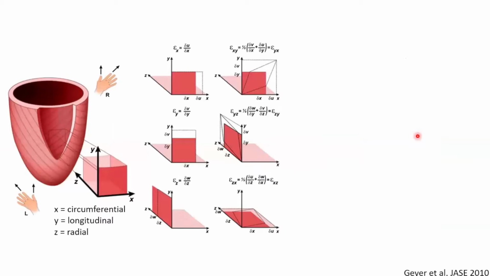Now, strain in the LV can occur on multiple planes, as I mentioned, in circumferential, longitudinal, and radial planes. And we can also describe it as both normal strain and something called shear strain. And normal strain is essentially strain where you apply a force perpendicular to the surface. So, for example, if we were applying a force on this y-axis, we would push this along the x-axis, and this is normal strain. This can be done longitudinally, circumferentially in the LV, or radially, which is essentially thickening